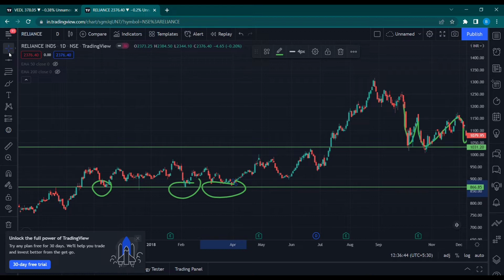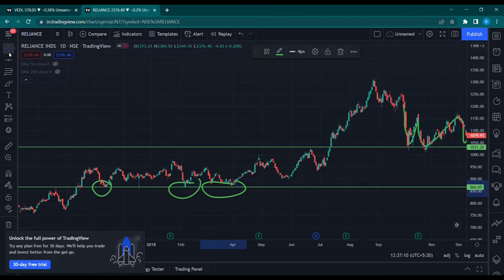It gets some demand. Buyers come in and try to buy the stock because they feel this is a good price to buy. They buy either for the short term or for the long term, because they have the perspective that it is a fair value for the prices. That can be one ideology behind it.